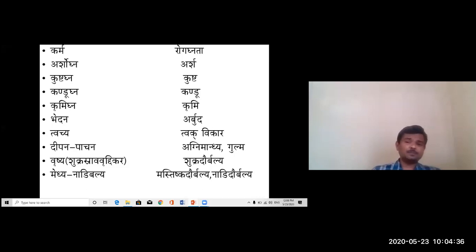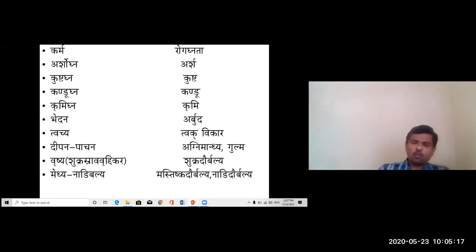It is also Tvachya, indicated in case of Tvak Vikara. Acharya Charaka mentioned it under Deepaniya Mahakashaya, that is Deepana and Pachana, so it is indicated in case of Agnimandya, Gulma, and Rusha. See, most of the Katrosatmaka Dravyas, Ushnatikshna Guratmaka Dravyas, are Shukra Nashaka. But here, even though it has Tikshna Guna and Ushna Virya, they consider it as Rusha. How is it Rusha? That is, Shukra Srava Vruddhikara.